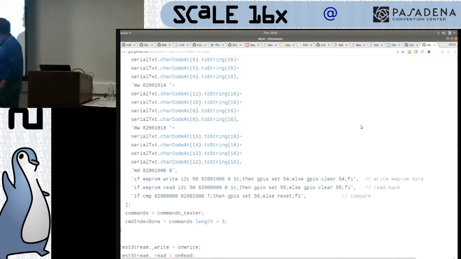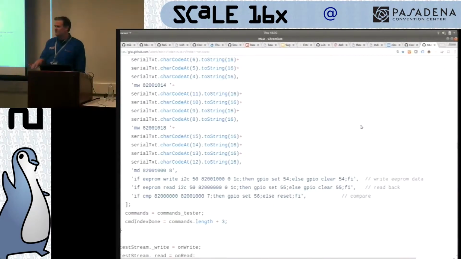And then it sets another GPIO. If the write succeeded, I read it back. I set another GPIO to say that the write succeeded. I do a memory compare to actually see that the EEPROM value that I wrote is the EEPROM value that I read back. And then if that works, I set another GPIO, and we've got all 4 LEDs on,